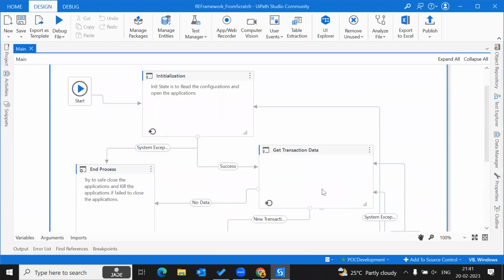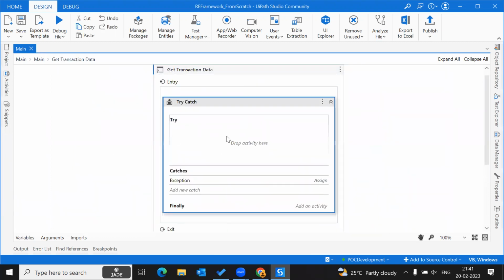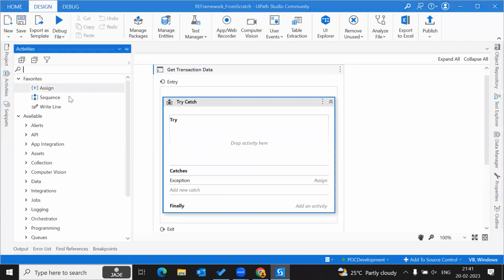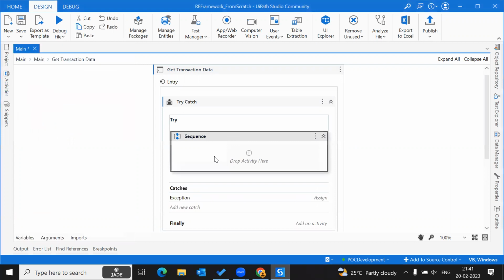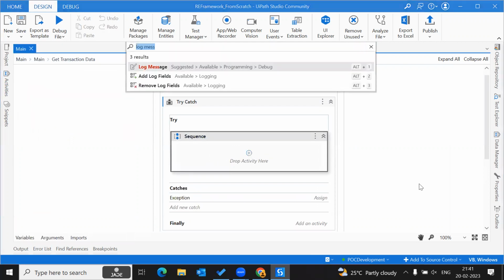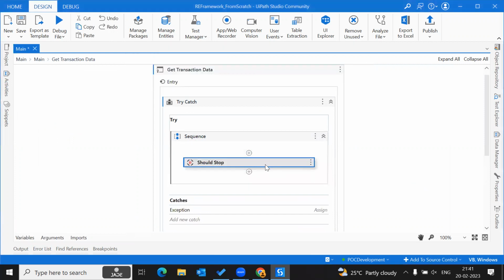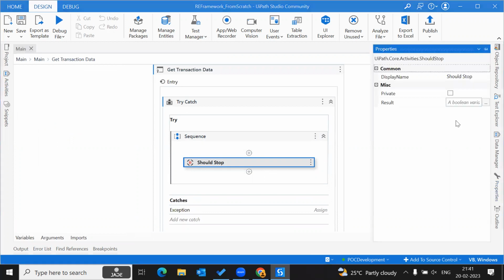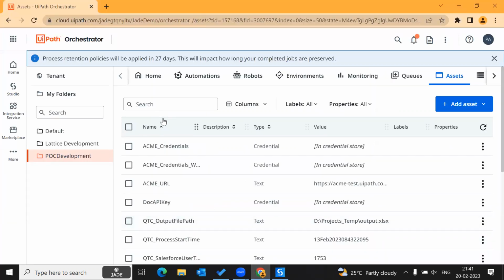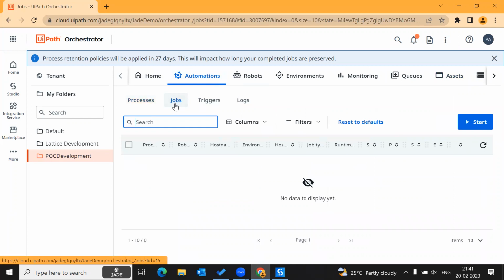Now we will be coming to the get transaction data state. In the get transaction data state, what we generally do is use one activity which is called should stop. The output of this will be a Boolean variable, whether to stop the process or not. Stop requested, which means in UiPath Studio, the Orchestrator, when we are running the automation jobs, and if the job